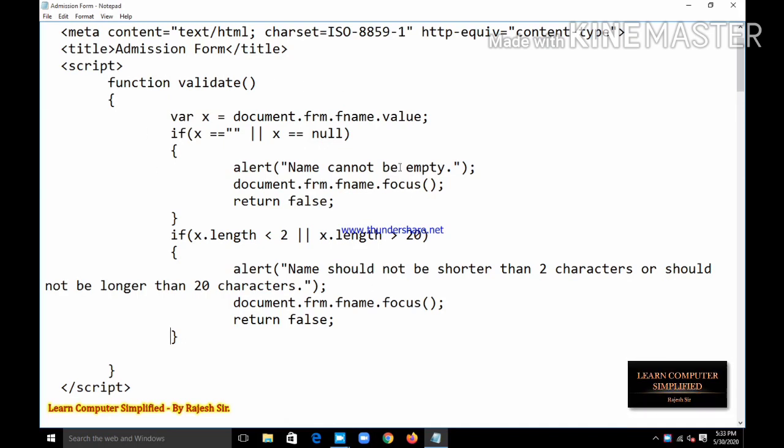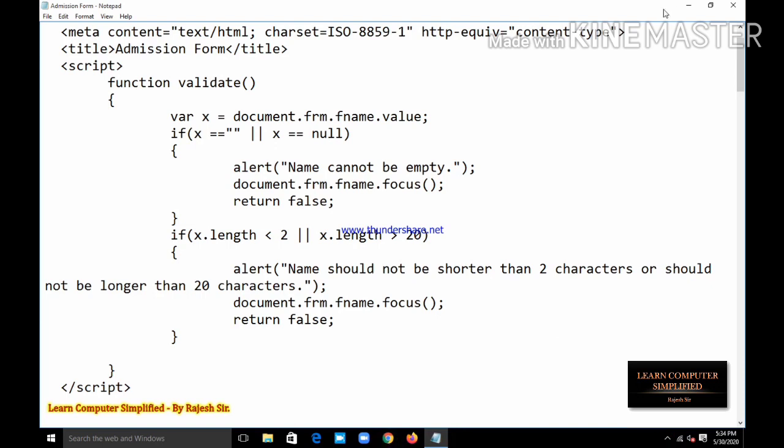Now to extend our validation coding, we need to first see the two previous videos, video 1 and video 2 of this series. If you have not seen these videos, please first see them, then go in sequence. In this video we will see the text entry if the user enters any numeric data in a text field.